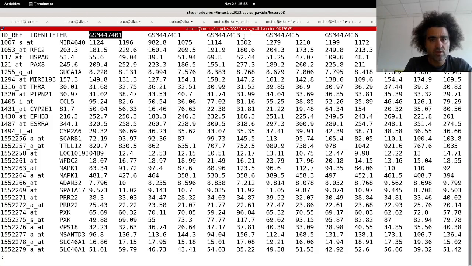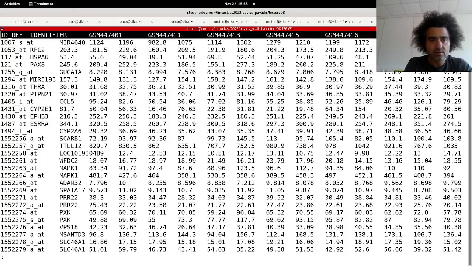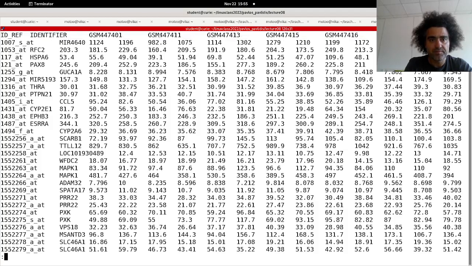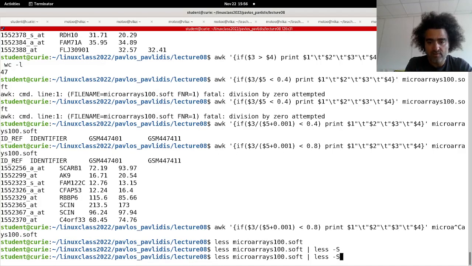Now, using awk, we process also the first line, which contains no numbers here. And these phrases here, the IDs of the samples, are interpreted as 0, and therefore it does 0 division, and